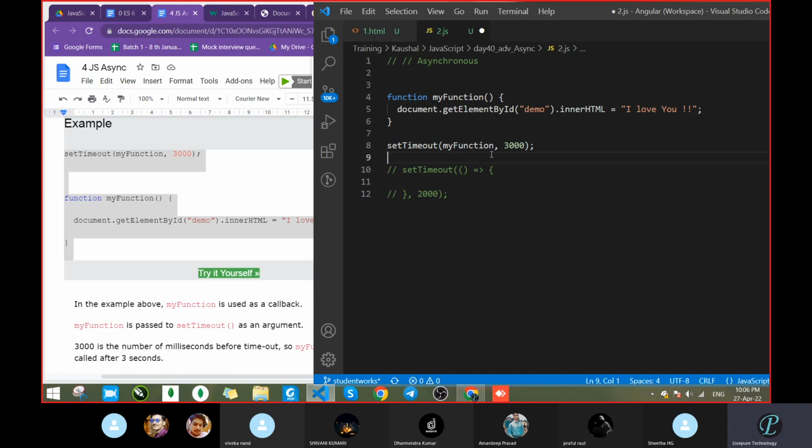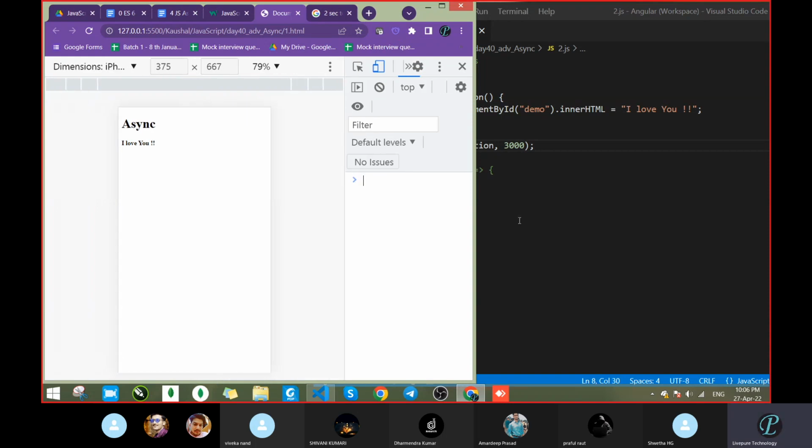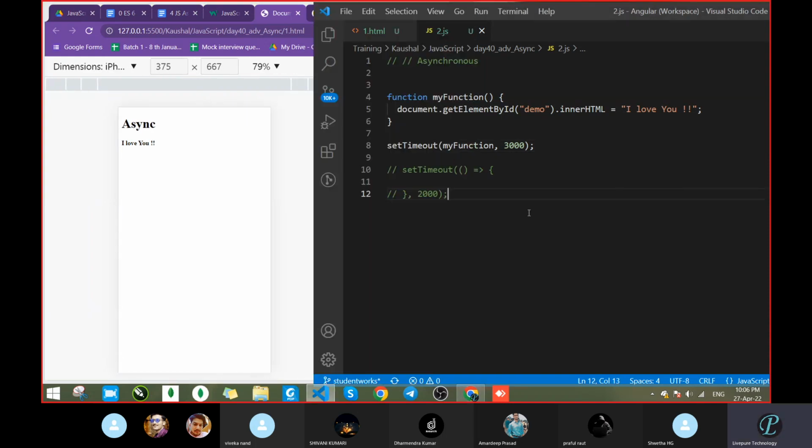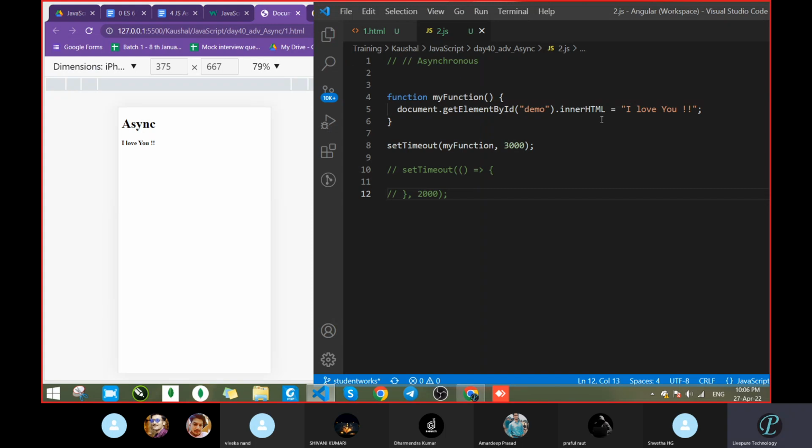See what it will do. It will call this function after 3 seconds. Let's save. Let's go to the UI. See this, I am running that function. What is the output? Now the output is 10. Just wait a few seconds. You got that? So what happened? After 3 seconds, it called that function. Increase this value from 3 to 5. After 5 milliseconds, it will call. Still not completed. Yeah, got it.